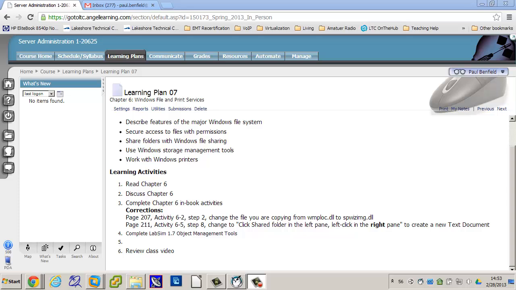Shadow copies, on the bottom of page 208. Shadow copies are enabled as an entire volume. When this feature is enabled, users can access previous versions of files in shared folders and restore files that have been deleted or corrupted. It does it on an incremental basis. It does the whole volume at once. So it says, I have a snapshot now, a snapshot now. So it's not as the files are deleted or saved. So it's not revisions that way. It's revisions historically. My third shadow copy or my fourth shadow copy back is the file that I want.